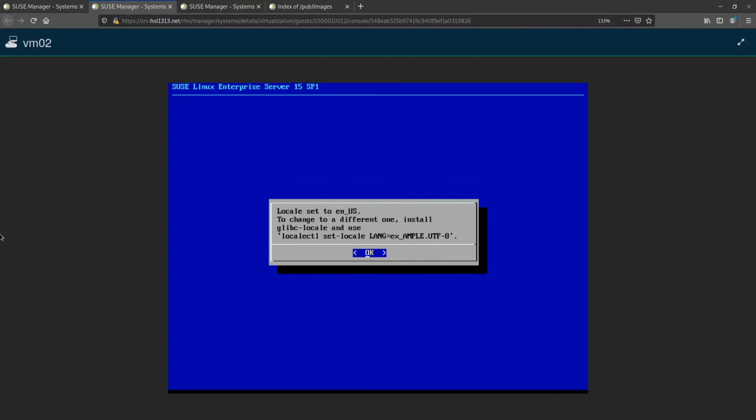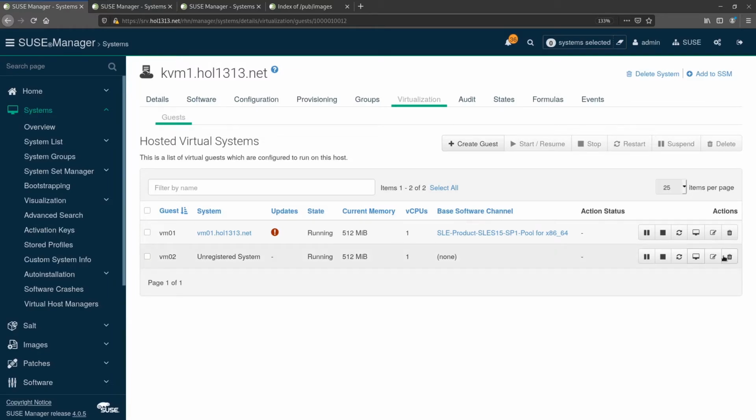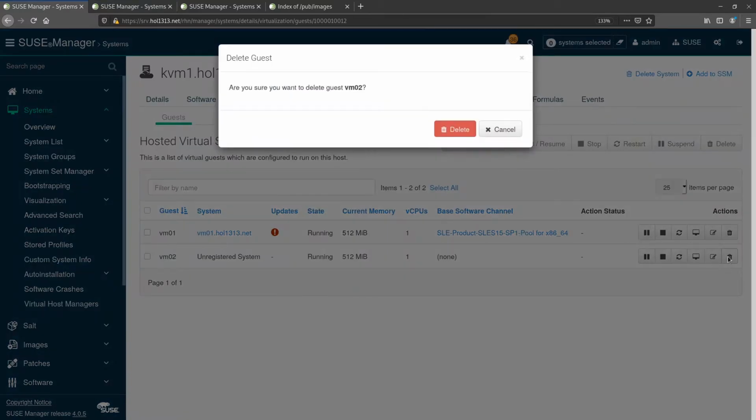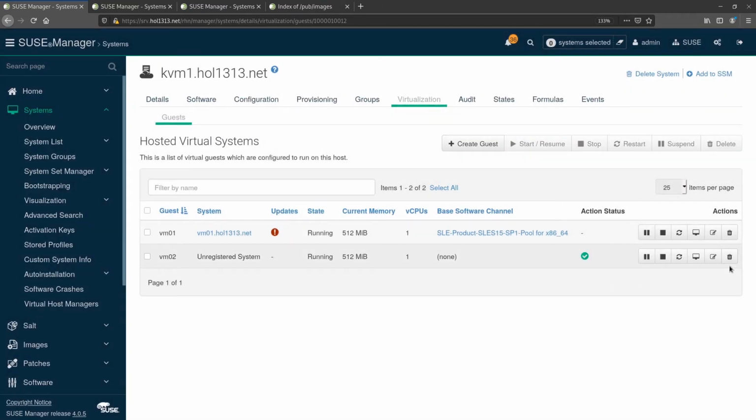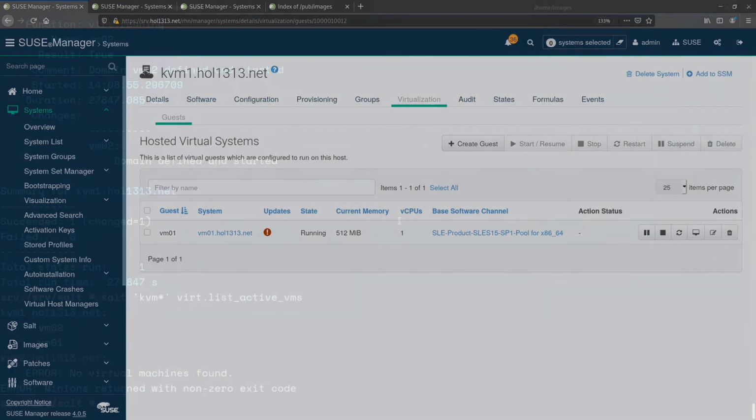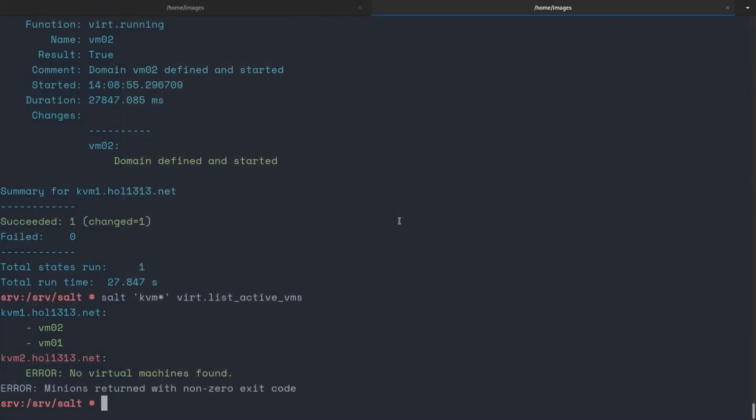Before continuing, we want to remove the vm02 virtual machine because we'll just improve our state and create it another time. We can do it either using the command line or using the UI. We'll do it with the UI for now. And the VM has disappeared and the disks have been removed. And now we will need to change our template